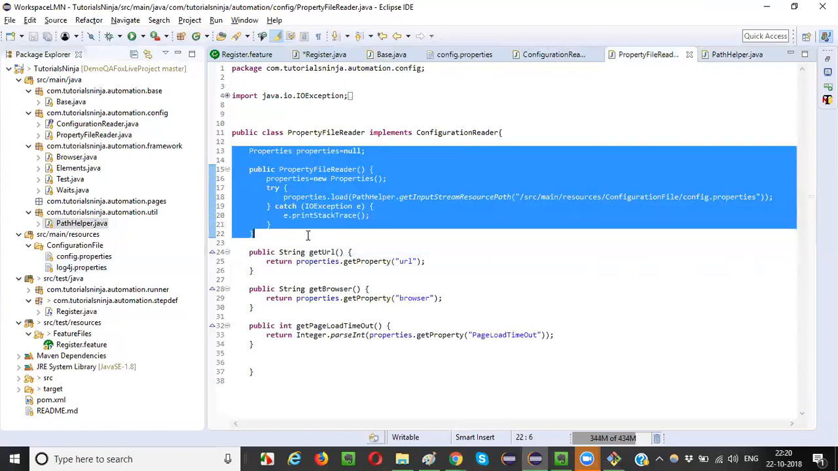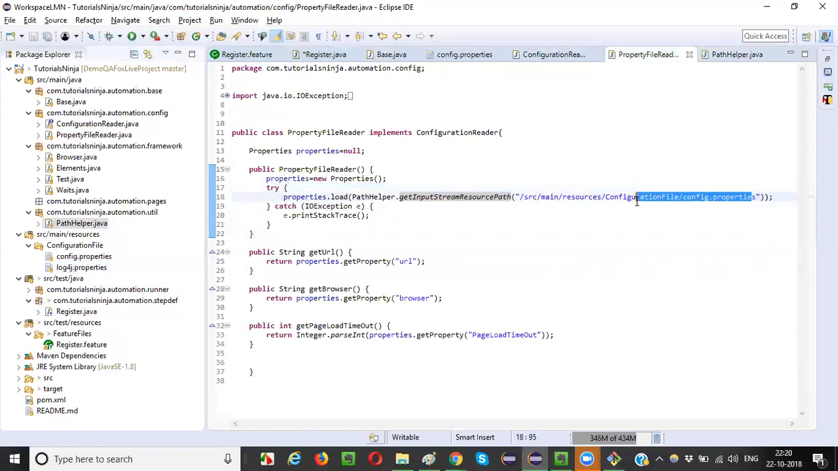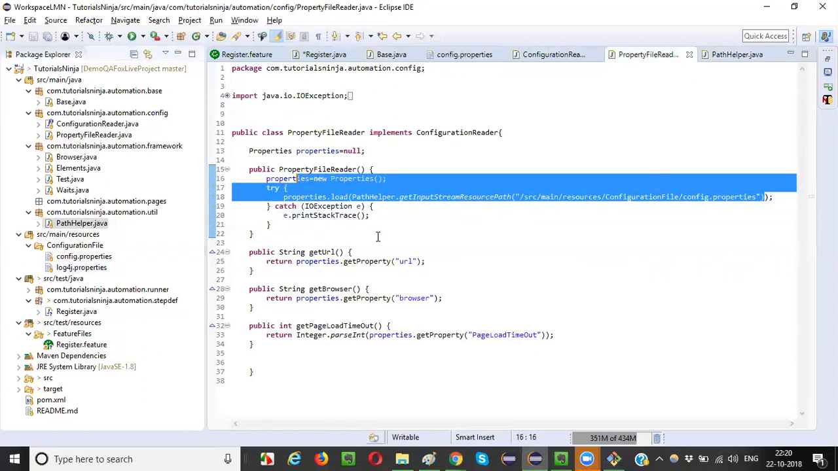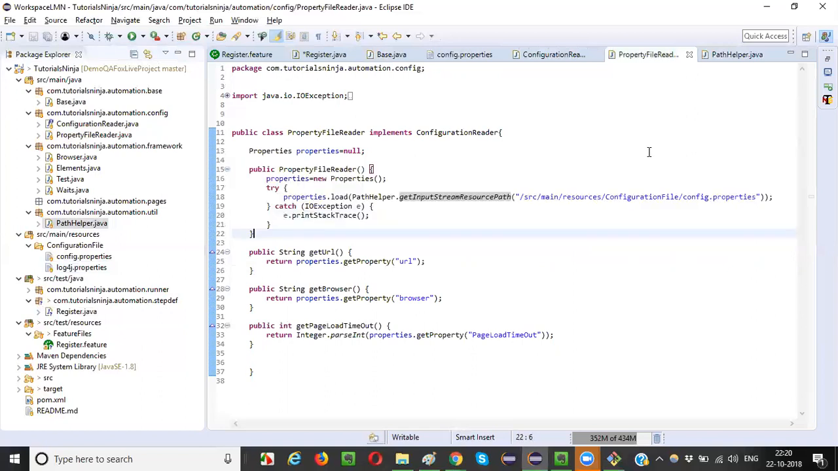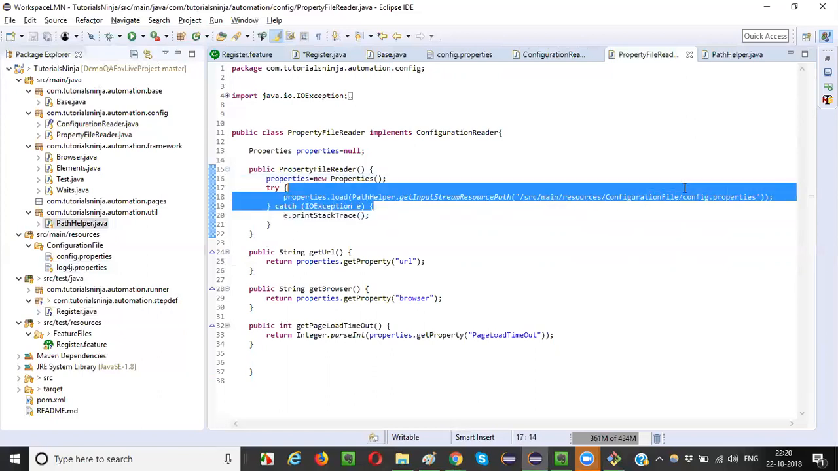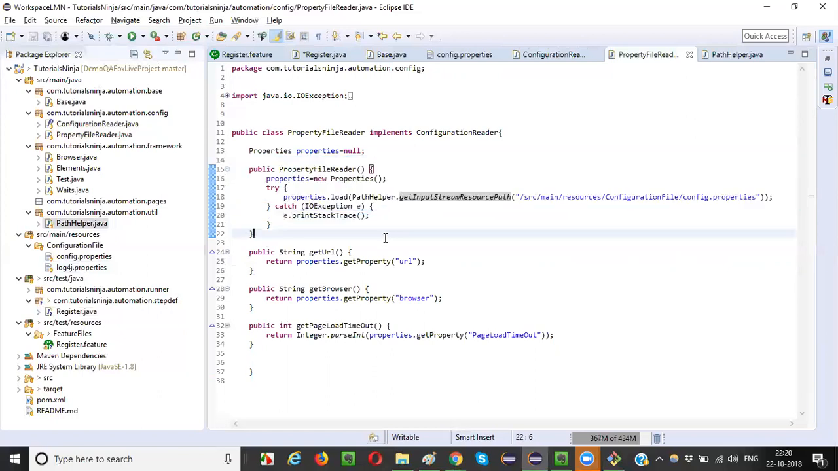What is the purpose of this code? The purpose of this particular code is to initialize this config properties file. Before performing any operations on the properties file, you need to initialize it, right? You need to load it once, as per the framework concept I explained. Properties file, properties framework concept, you remember? So you need to initialize this properties file using this code. After that is done,